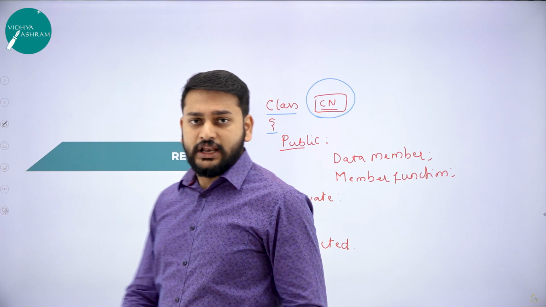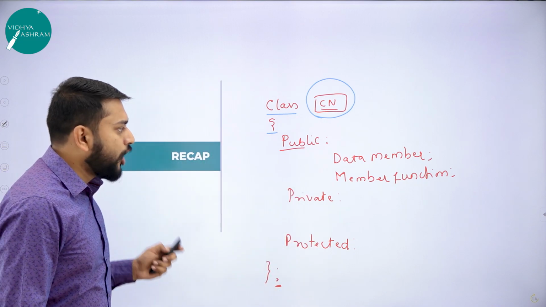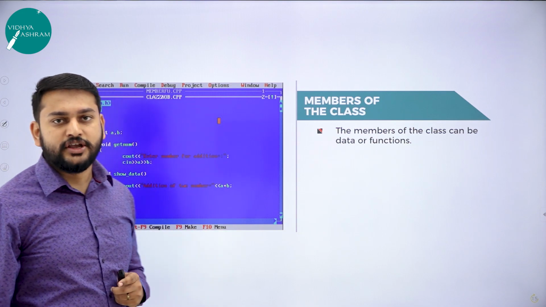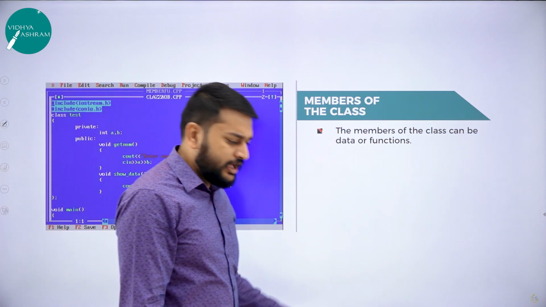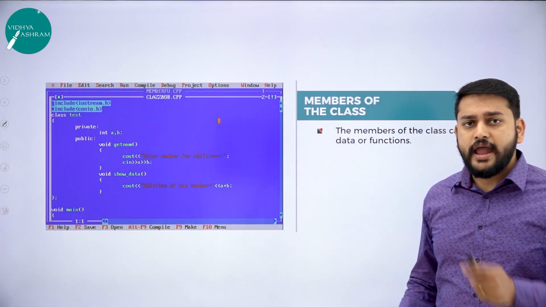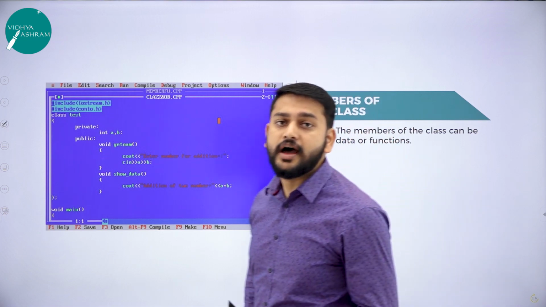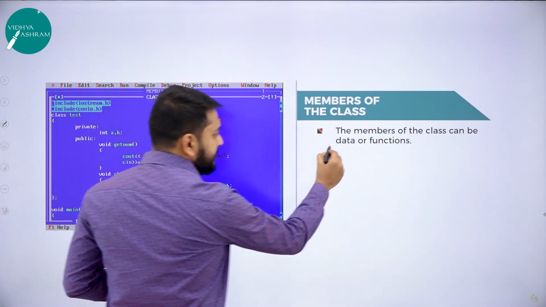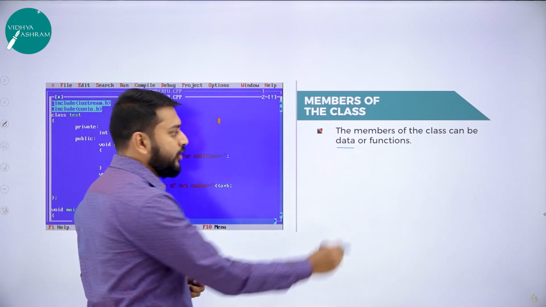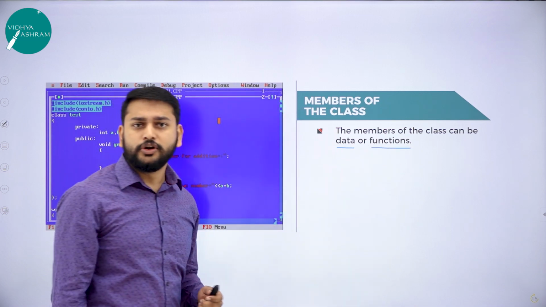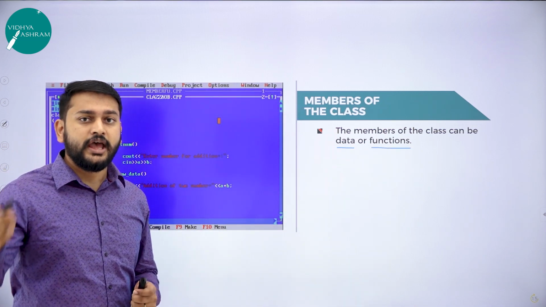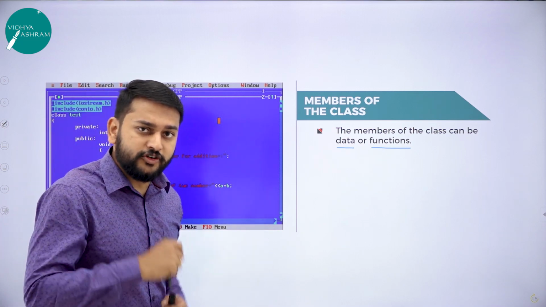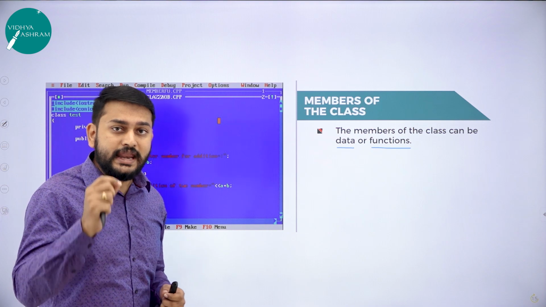My dear students, let me start the topic for the day, that is members of a class. What is members of a class? Very recently in the previous slide, I have discussed members of a class in the sense you have two things. Number one, the first one is data, and the second one is functions. That is what I will call it as a member functions and data member. So what is this data member and member functions? Can you just explain in detail?